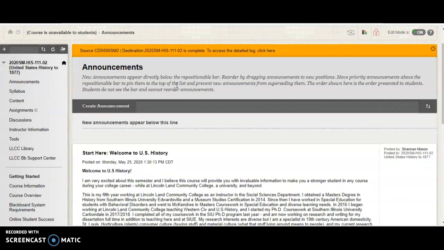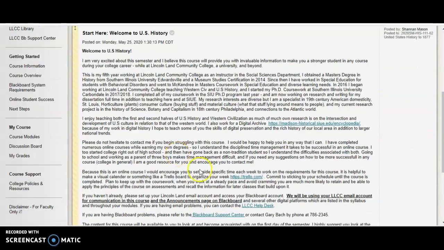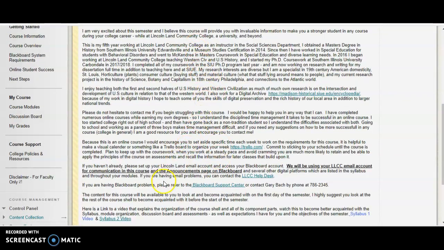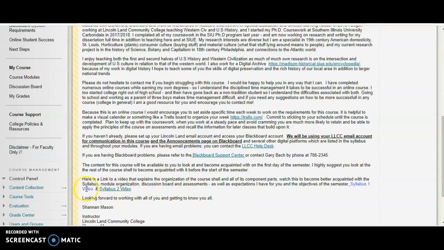So all you need to do is follow those directions and you'll be inside the course shell, and you can look at the start here, which will take you through all the little steps, and then you can watch video 1 and video 2, which will tell you exactly how to be